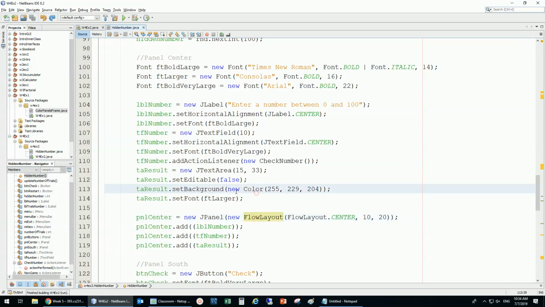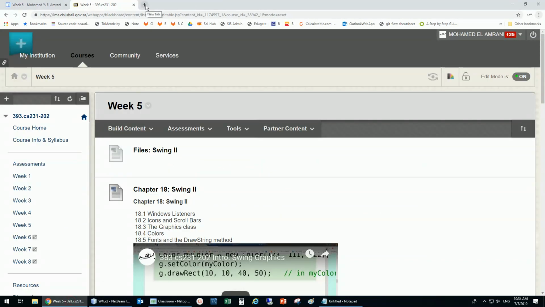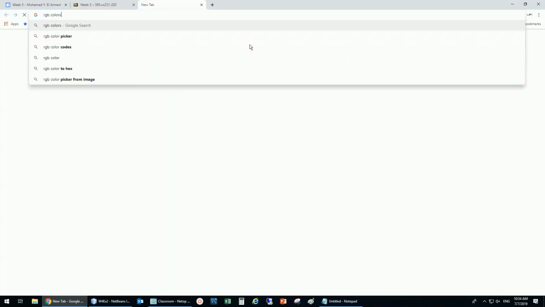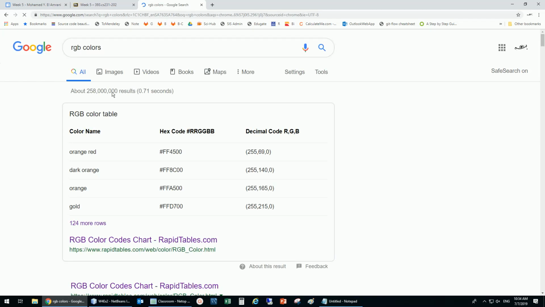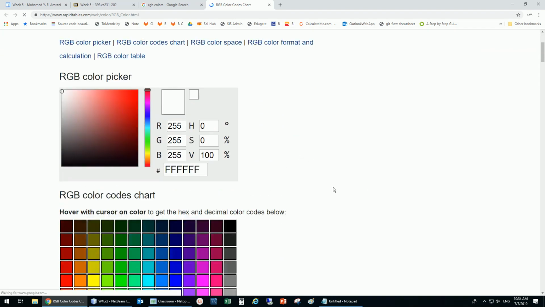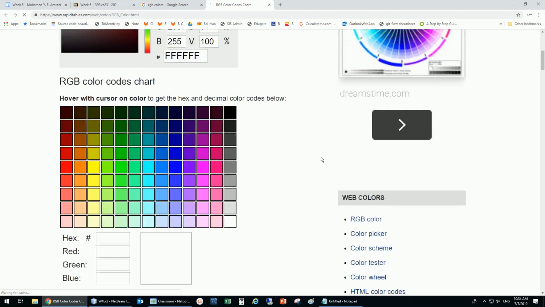I'm using a specific color with some kind of numbers. So what are those numbers? Well, let me show you something. These are RGB colors. With RGB colors, I can just have these numbers. So if you like a certain color and you'd like to find what the numbers for that are,